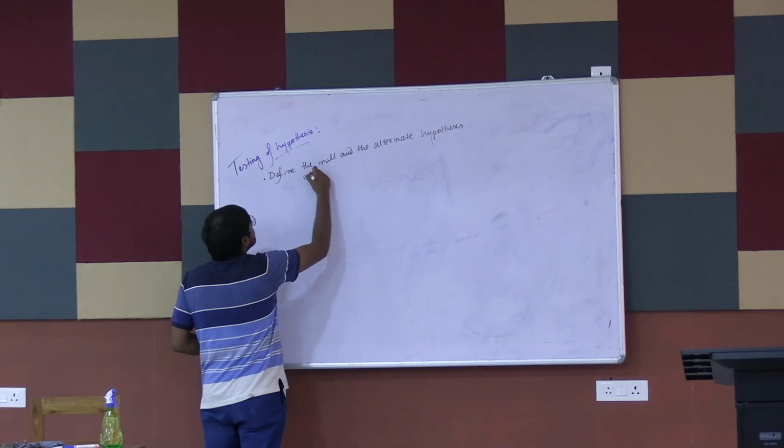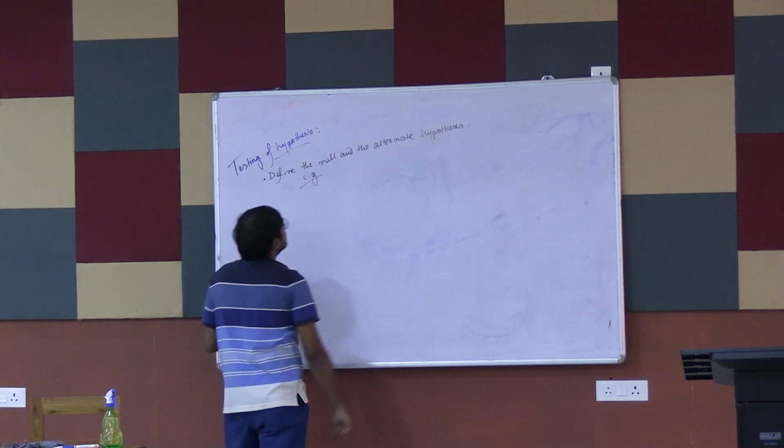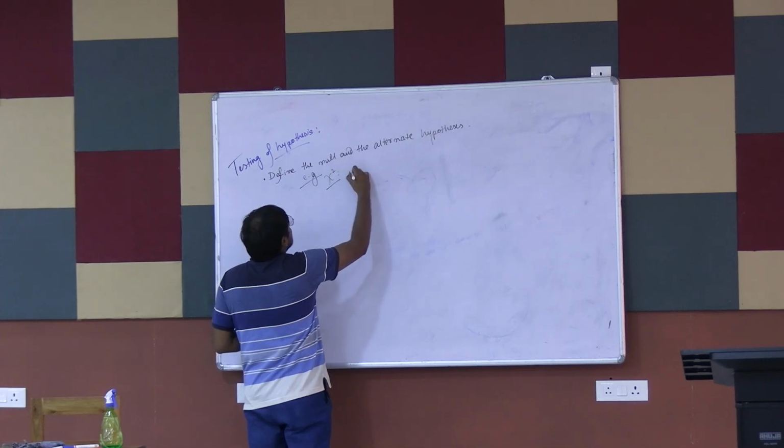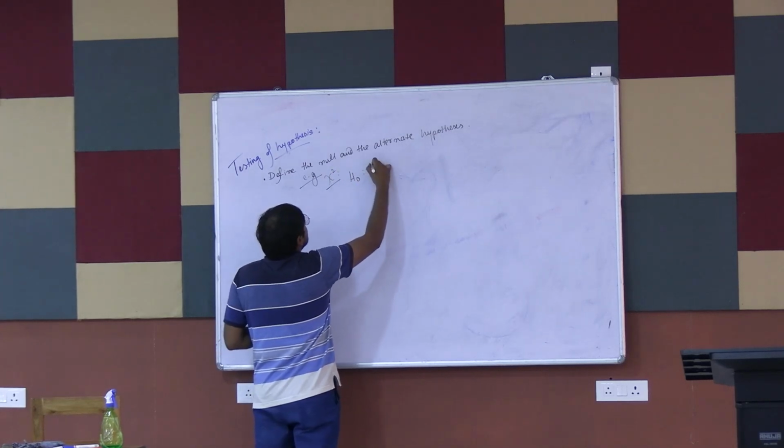So let me give you some examples of some standard hypothesis. For chi-square, the null hypothesis would be like the two